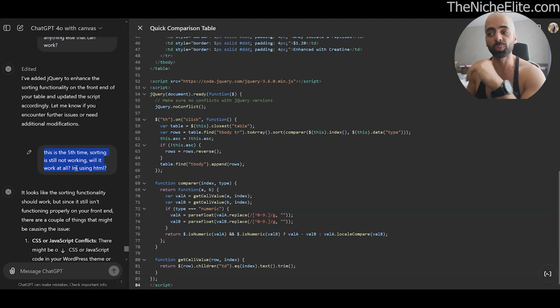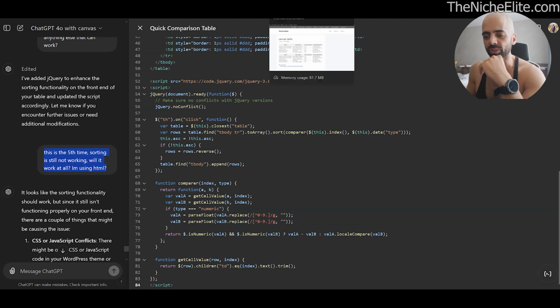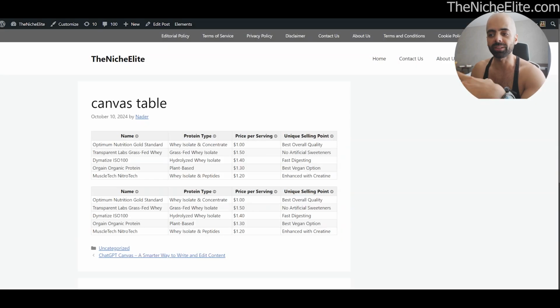These tables are going to be super good for SEO. It's going to improve your user engagement. It's going to let people look at the table, look at the article, get their answer quick. And depending on your niche, your topic, you can apply this to anything, right? You can do supplements, foods, tools, software,